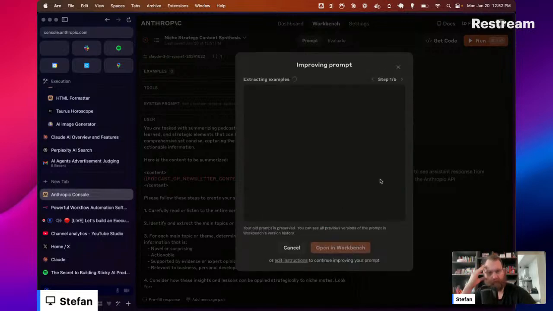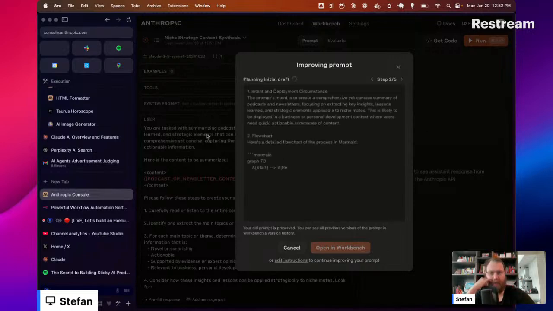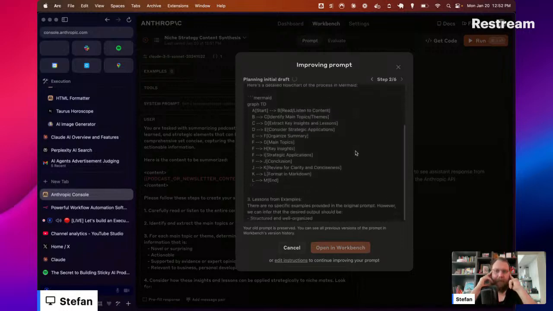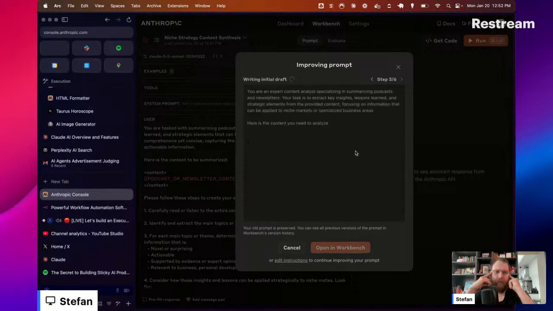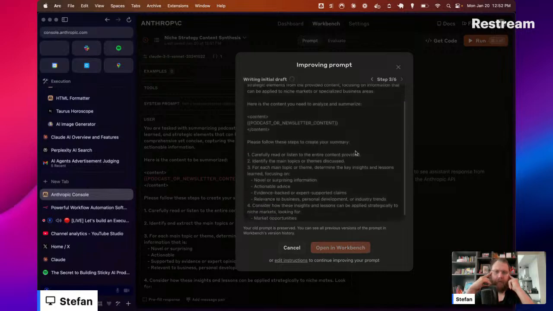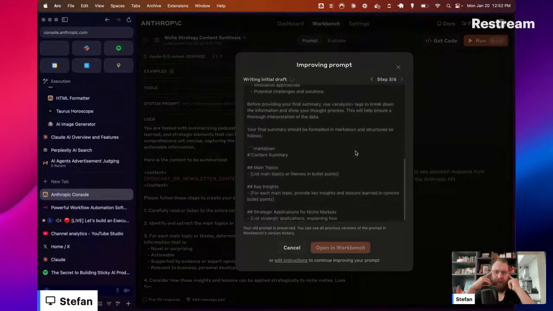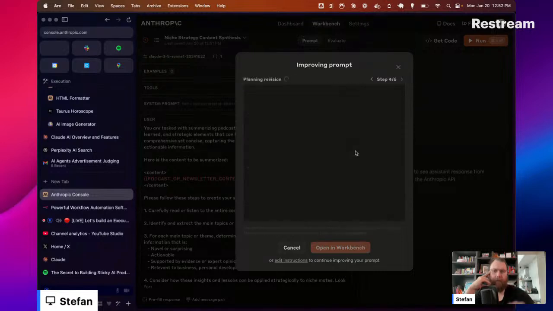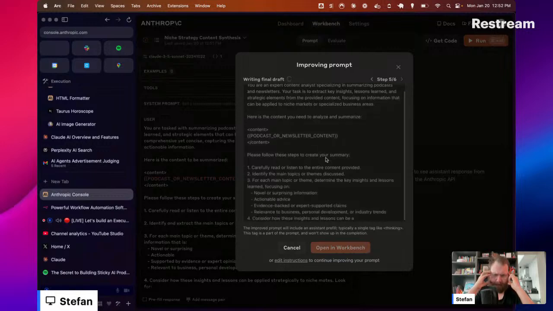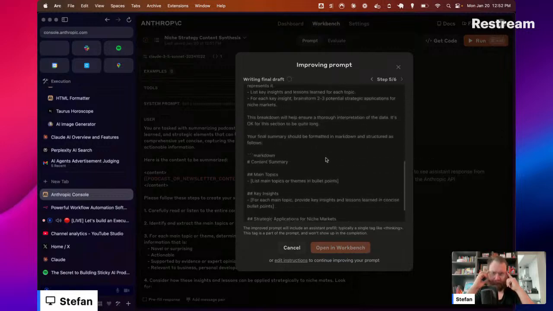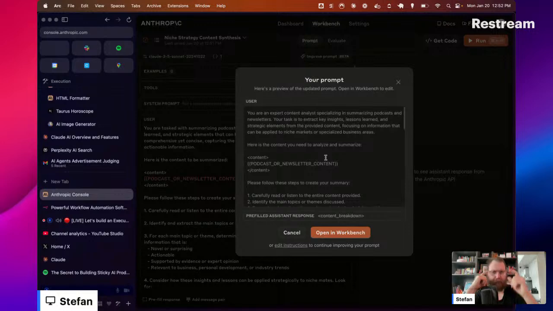And what I will do now is essentially take your prompt, usually also examples. So if you can provide examples here, which will help to further improve the prompt. Let's see what it does. Initial draft. So it goes ahead and runs a bunch of steps on top. And you can already see that it now outputs markdown. At least the example looked like it was markdown. And in the end, you will have an improved version of the prompt.